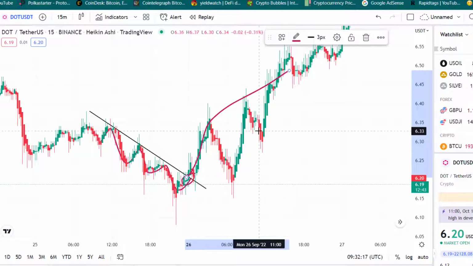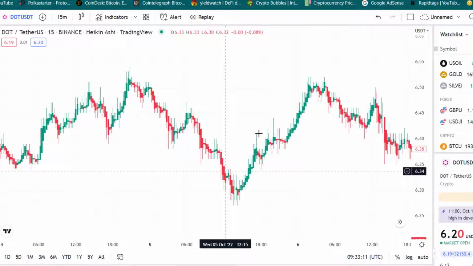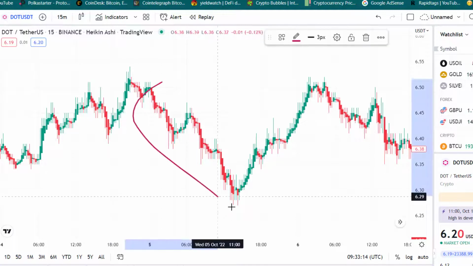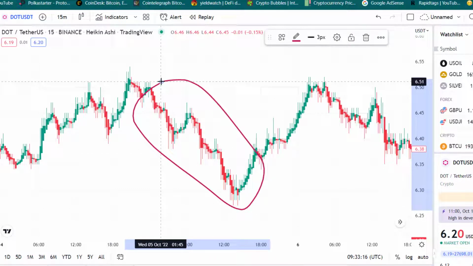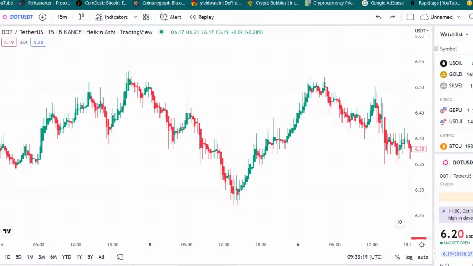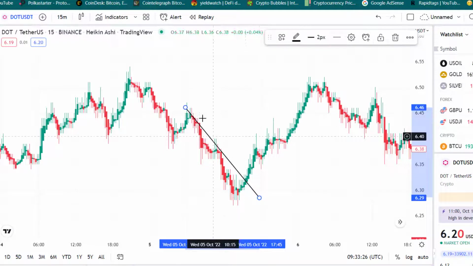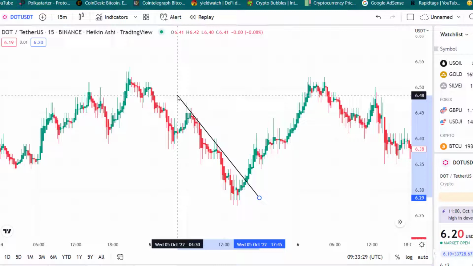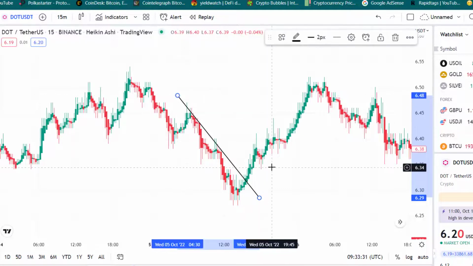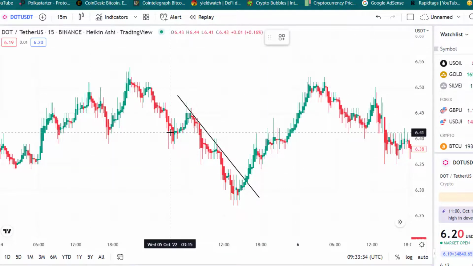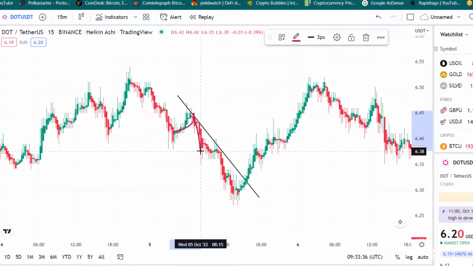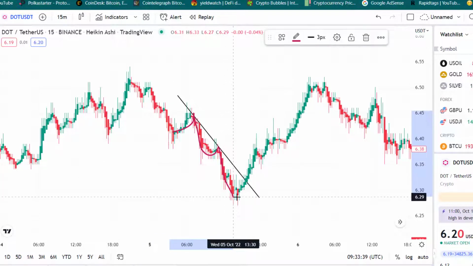If I show you another example, this is another example. I can say this is a downtrend, so the direction is downward. Now simply draw a resistance line, or I can say draw a downtrend line in here, something like this. Make sure to draw your line correctly. Now you can see the candle touches to break this line, falls down again, tries again, falls down again, and then the third time the candle finally successfully breaks out this resistance line, and the